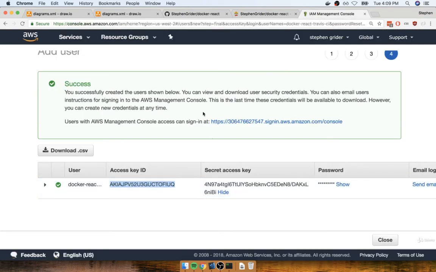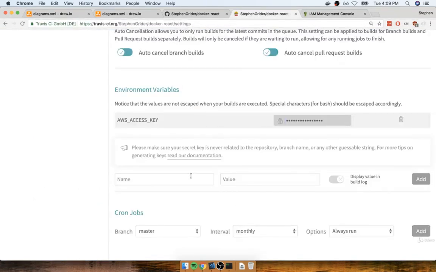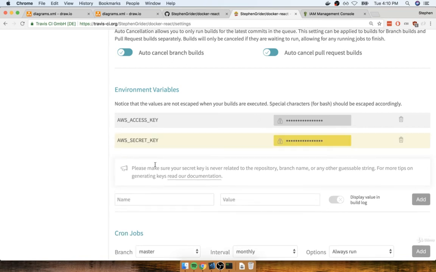All right, now we're going to do the secret as well. So I'll copy the secret, make sure you get the entire secret. I'll go back over and I'll define a second key. I'll call this one AWS secret key, and I'll paste in the value for that as well. And then I'll hit add. All right, so we've now got both the access key and the secret key successfully